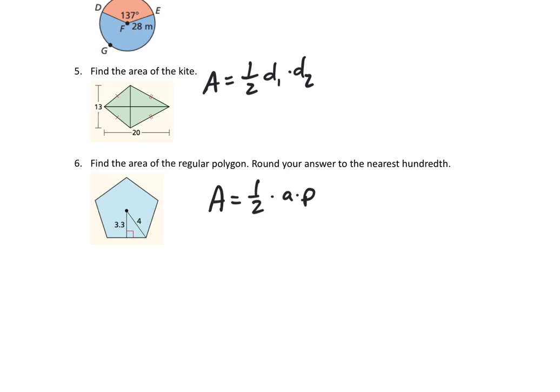Okay, the radius would be the 4 because it goes to the point here. When you go from the center to the vertex, 4 would be your radius. 3.3 would be our apothem. So we got to know the difference between those two things. This is my apothem. 4 is the radius. What you would need to do here